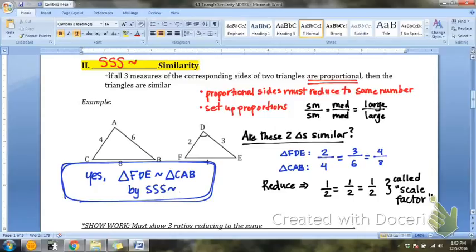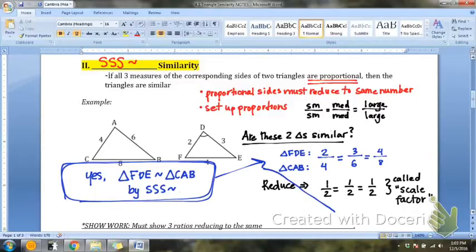Triangle FDE is similar to triangle CAB by side, side, side similarity. You cannot just write side, side, side unless you show this work. Showing your work by setting up proportions is what you have to do to tell me that they're similar by side, side, side. So down there where it says show your work, you must show three ratios that reduce to the same